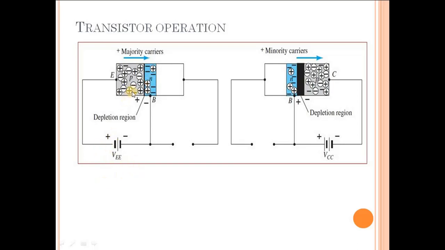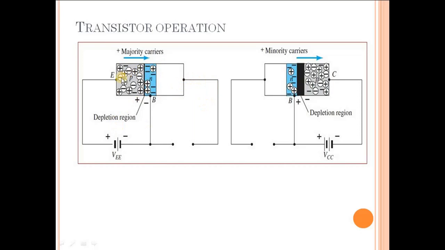So we have our PNP BJT to discuss its operation, and I have two circuits for this PNP BJT. This is the P layer, N layer and P layer. So this makes a PNP BJT. This P layer, which is the emitter layer, so the emitter terminal is coming out, and this N layer is the base layer, so the base terminal is coming out over here. This layer being the collector layer, the collector terminal is coming out of here.